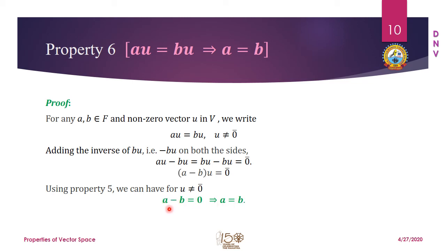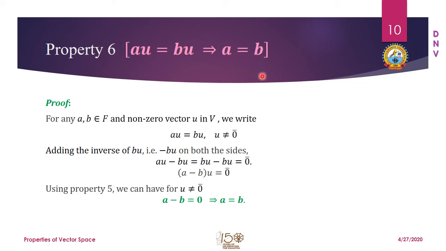We cannot write directly a minus b equal to 0 as a equal to b. The step in between is that we have to add b on both the sides. On left hand side it will be minus b plus b, a 0, and on the right hand side it will be 0 plus b equal to b. So doing this, a plus 0 will be a and 0 plus b will be b. So all the abstract properties of real numbers lead to the conclusion that if au is equal to bu, then a is equal to b.